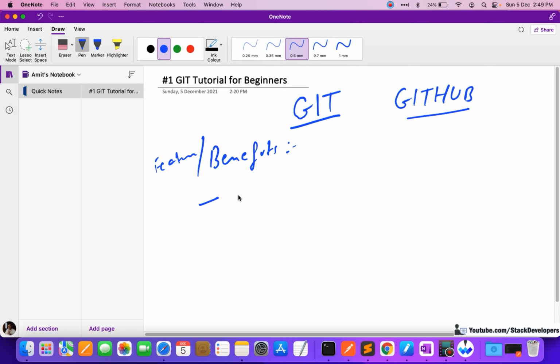I will write: push files with commands. So we can push our files to the secure server, and with every change we can comment.